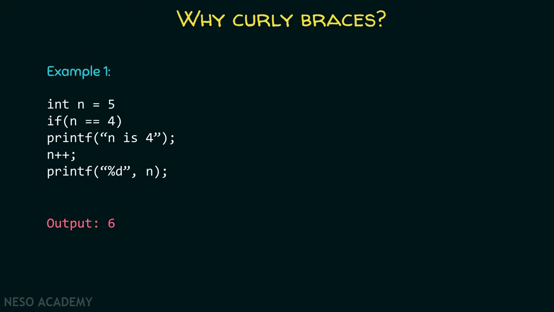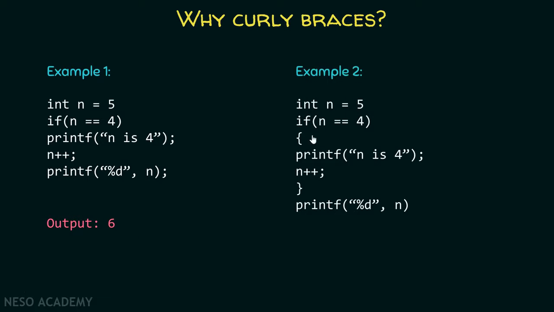Let's consider one more example. Here in this example, we are putting curly braces immediately after this if construct so that we would be able to include the printf function as well as this n++. Now, if this condition is not satisfied, then the n++ will not get evaluated. Therefore, the value of n will not get incremented. As n is not equal to 4, the value of n will not get incremented and hence the output is 5, right? So we can clearly see why it is necessary to put curly braces when we want to include two or more statements inside the if construct.